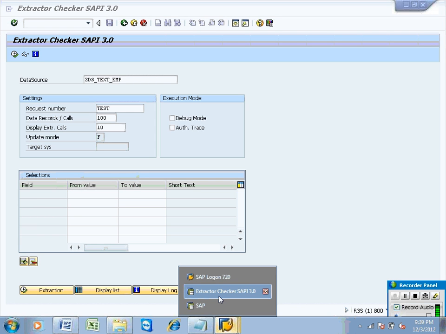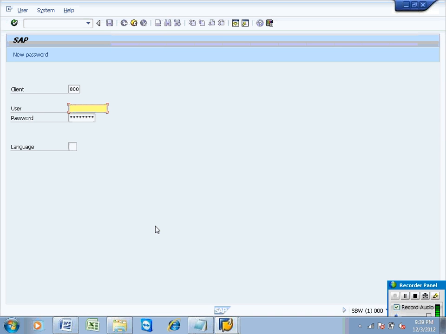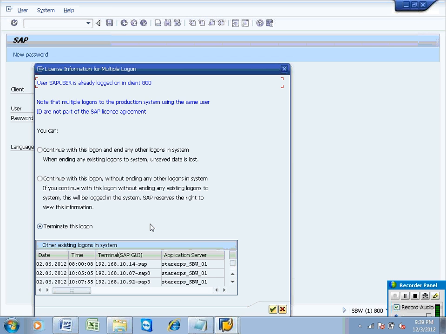So first of all, let me complete the BW side, and we can trigger using the InfoPackage. Now, user ID and password. Log into the BW system with the user ID and password and create an InfoObject.